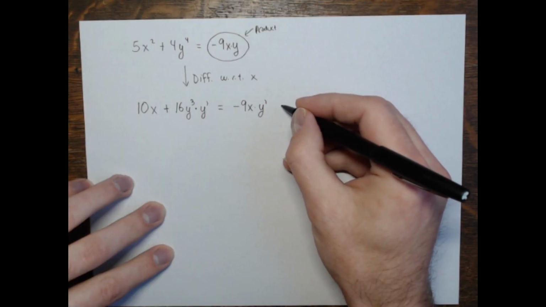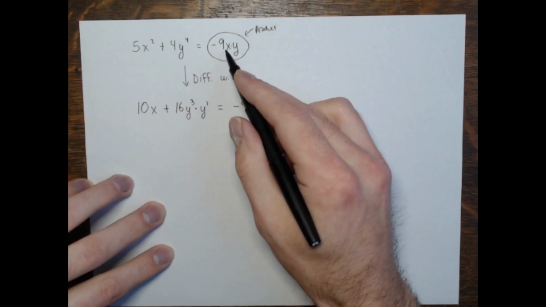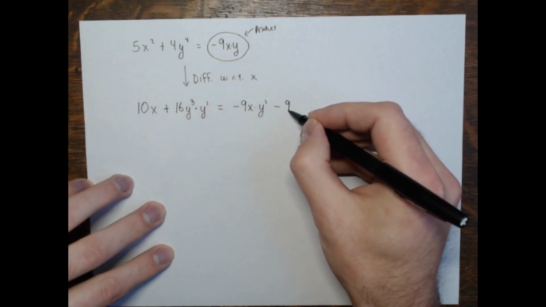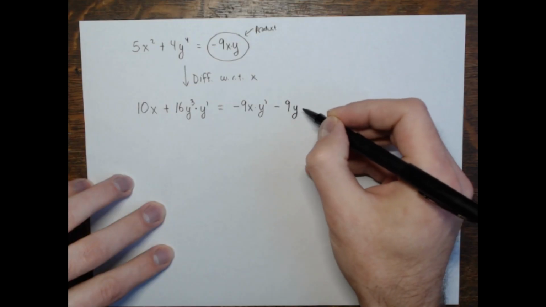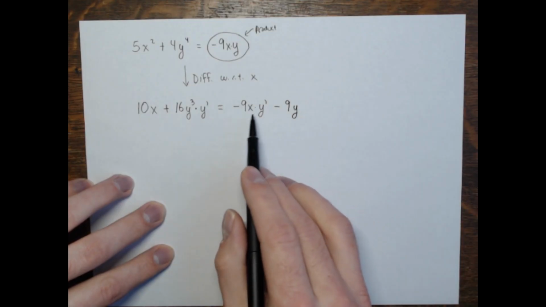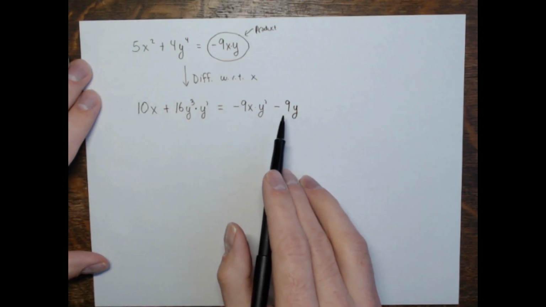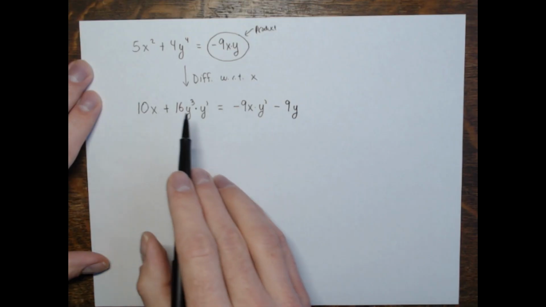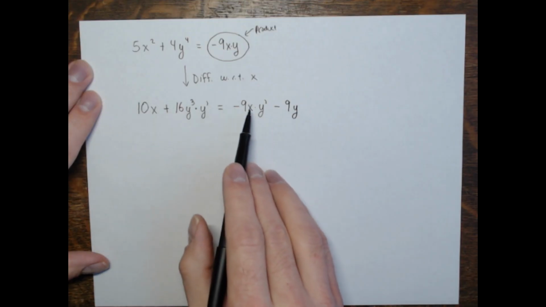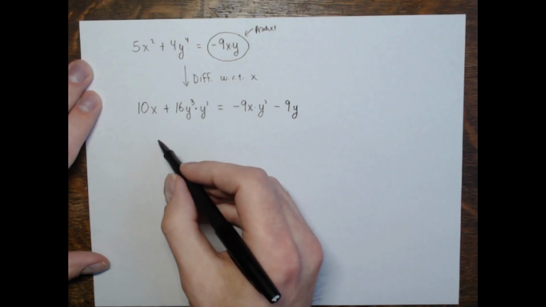Then add to that the derivative of the first factor, but that would be negative 9, right? Just negative 9 times, and then leave the second factor alone. So here's the product rule applied to negative 9x times y. And then I gather all the y prime stuff to one side. So I'm going to add this 9x